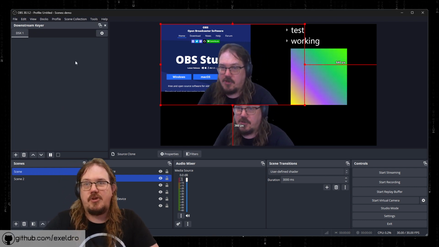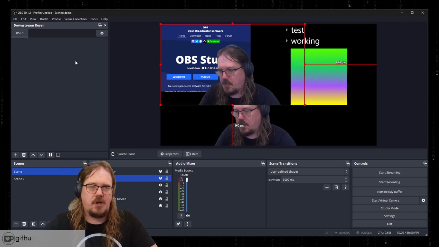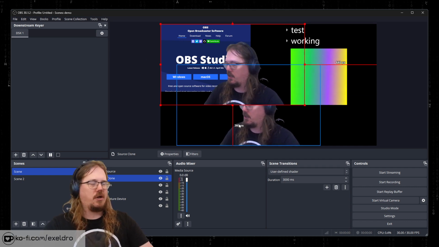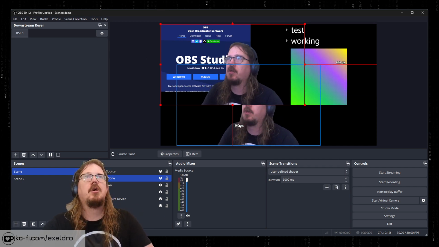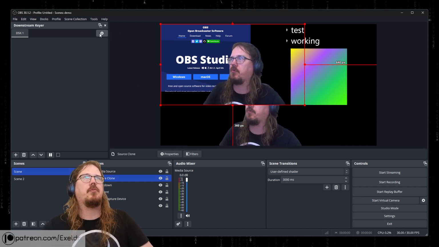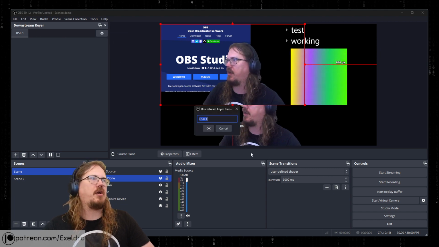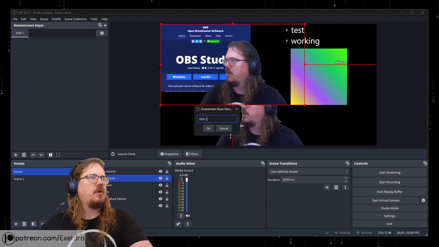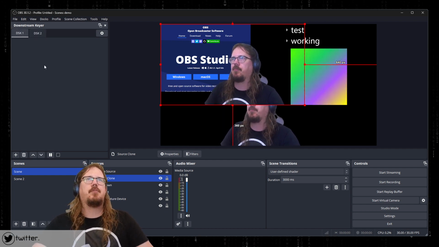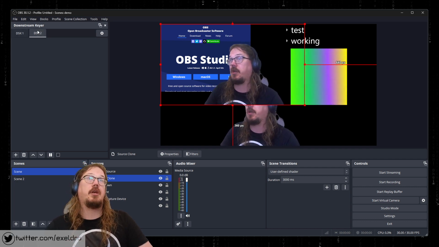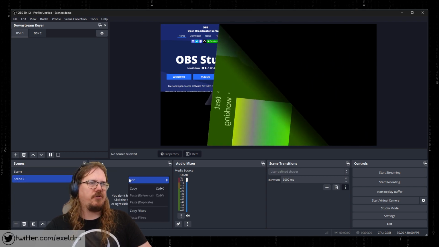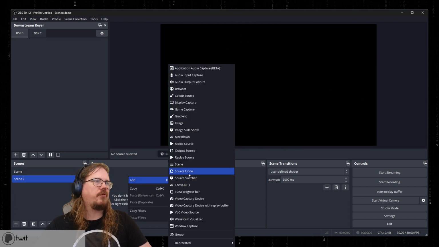Downstream keyer is basically allowing you to put scenes in front of the program scene that OBS is outputting. So you can have multiple layers on top. If you want more layers, just add, and you will see them as tabs here. The layers that I made are all empty, but I can put scene 2 and just put